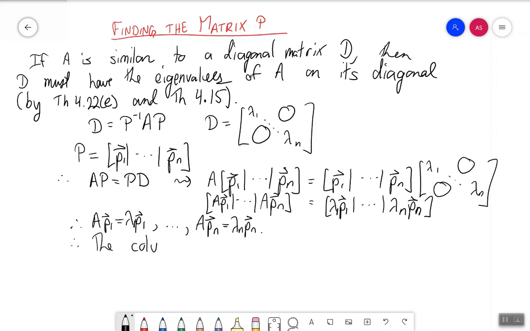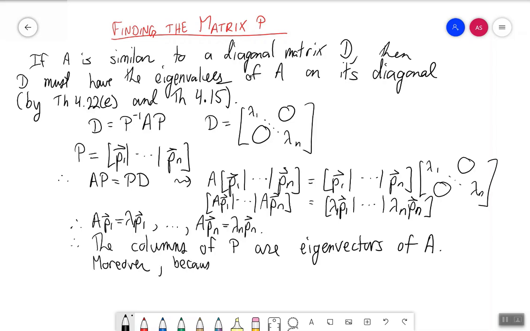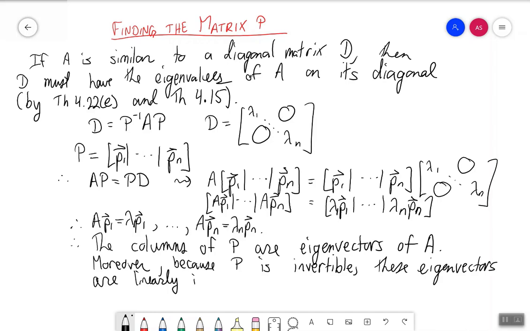So in other words, the columns of P are eigenvectors of A. And moreover, because P is invertible, these eigenvectors are linearly independent. This proves part of the following